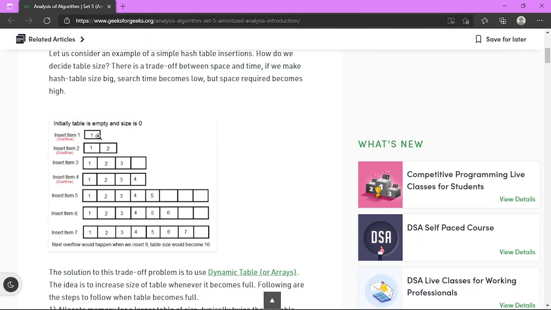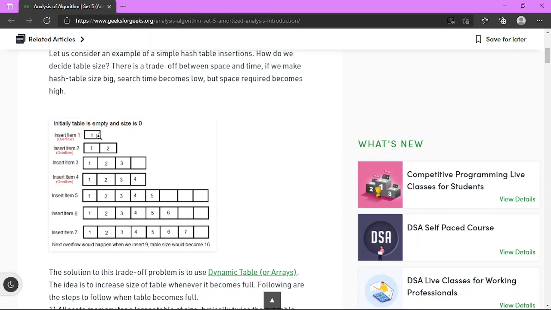If we increase the table size, it will be a waste of space if we require a million numbers to be hashed. Time complexity will reduce, but space complexity will get too high.